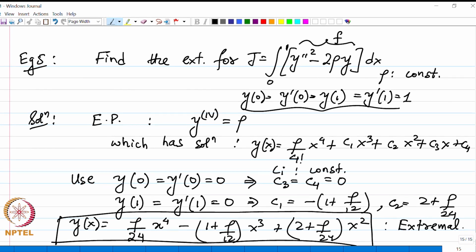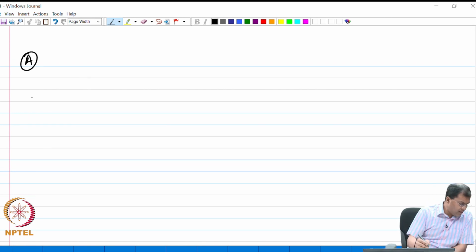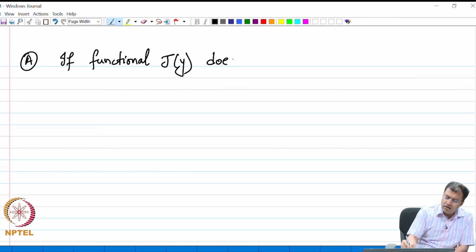Okay. So that completes the solution to this example. So let us look at some specific cases in this generalized scenario. There are 2 specific cases I want to highlight. Let me call them A and B. The first case is if my functional J of y does not contain y explicitly,